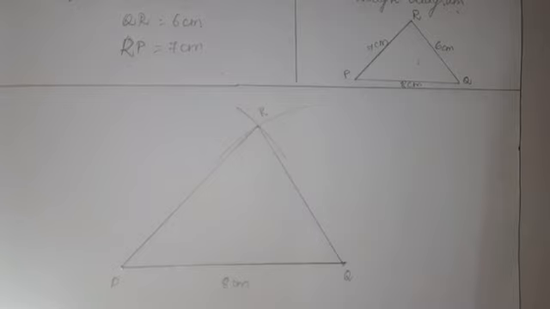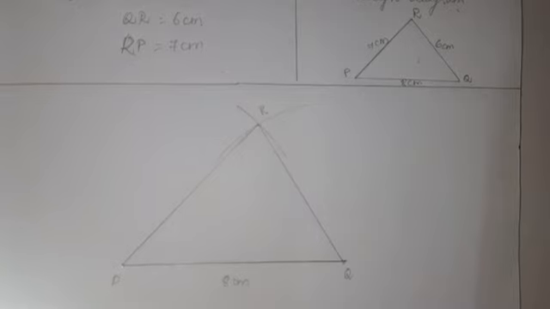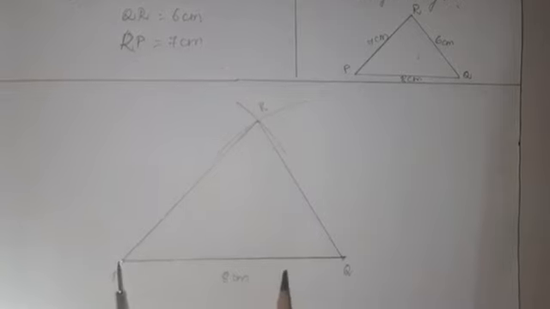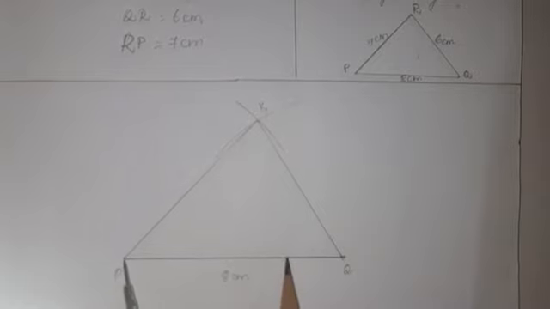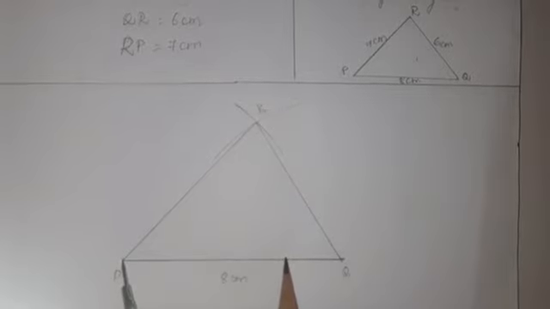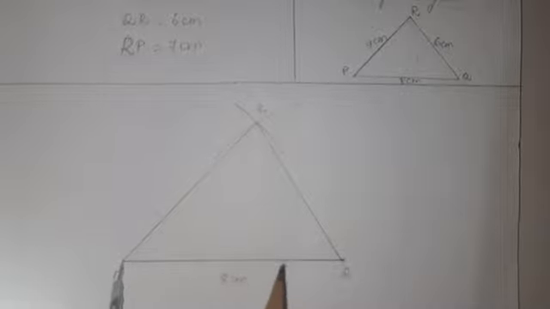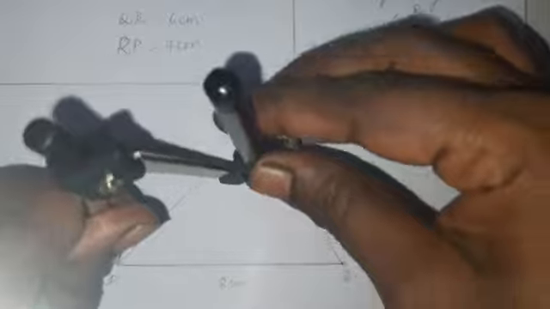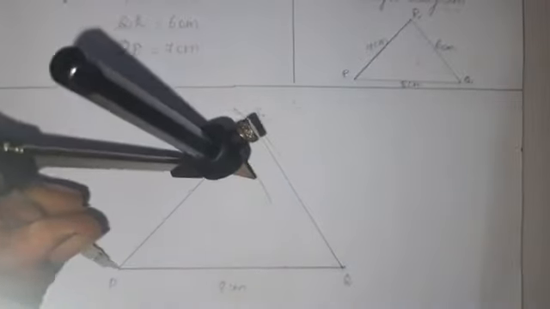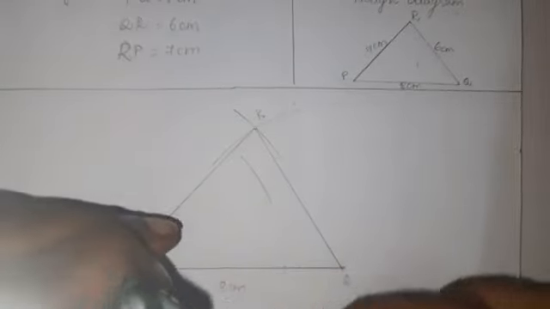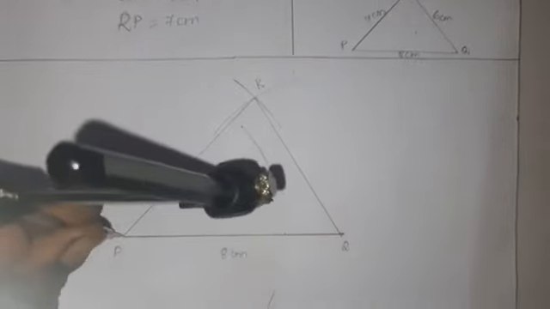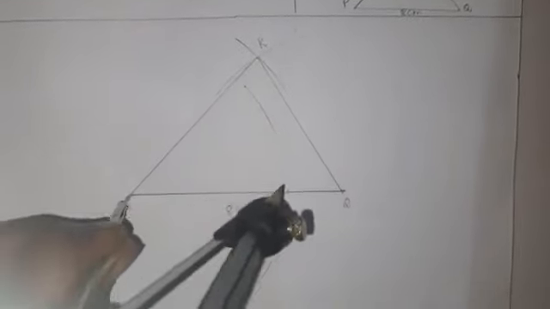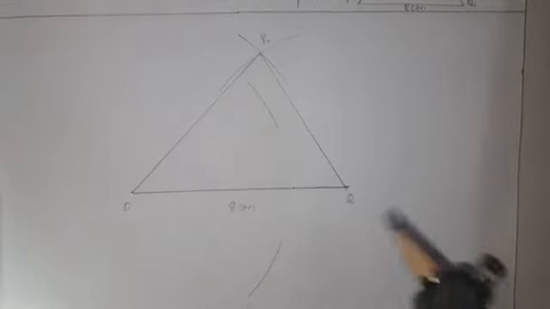So listen here how I am going to draw. In the PQ line segment, with the compass you should take more than half of that line. Here, see that one, it is more than half of that line. No need to measure, just take more than half of that line. Then keep the compass needle at P and draw the arc like this. With the same radius that you have drawn, below that line, draw the arc like this. No need to change the radius that you have taken now.